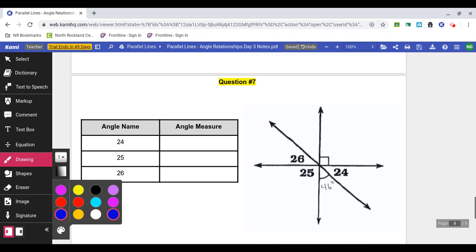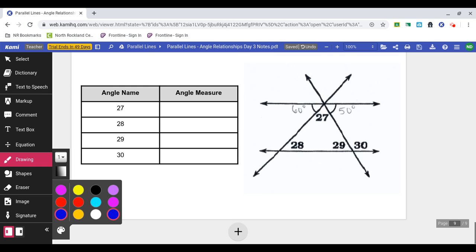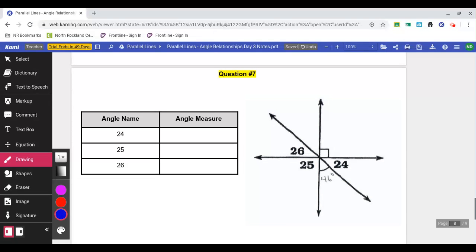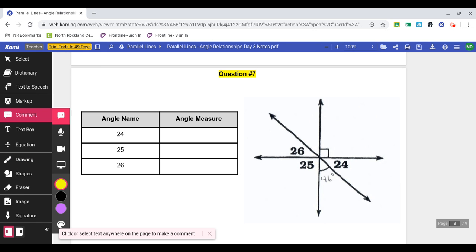Okay, we'll do number 7 together. Okay, number 7. Again, we only have to find the measure of 3 different angles. Okay, since I gave you this box here,